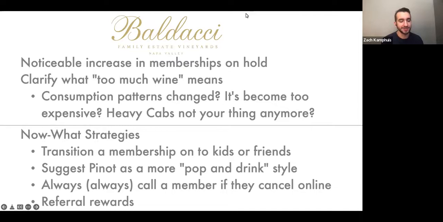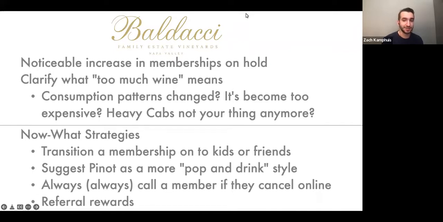What we've seen some wineries have a lot of success with is a more flexible club option with our subscriptions that's kind of hidden from the customers. So the customer can't find it on the website. It's not really pitched at the winery. And if somebody wants to go on hold or they want to cancel, they'll use that as an opportunity to pitch this hidden club that's got more flexibility, that might meet their needs a bit more. But as you're saying, it's good to give them a call, figure out what the true issue is,